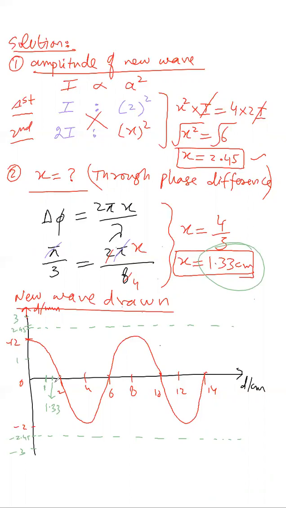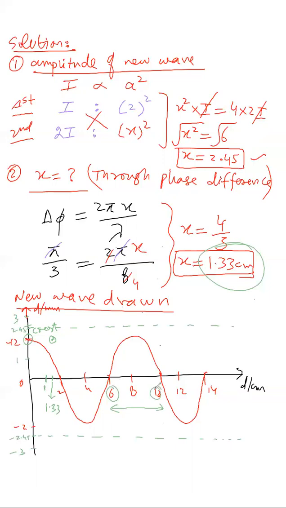Okay, so 1.33. Another thing can be that as this x is the distance between your identical points, you can say that if this is the crest, the crest of your wave should be at a distance of 1.33 from this. So 1.33 is coming over here. So you can start drawing the crest from this, and then if you look upon this